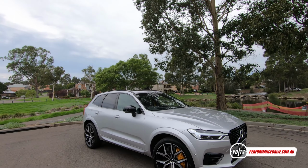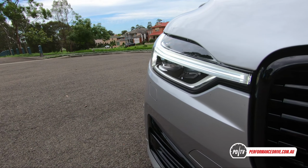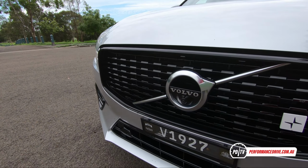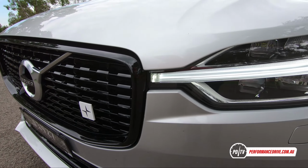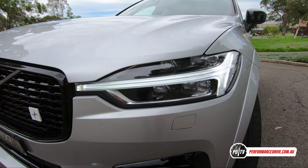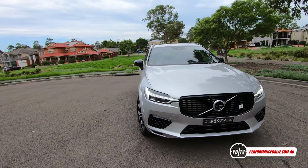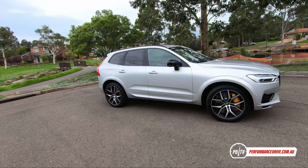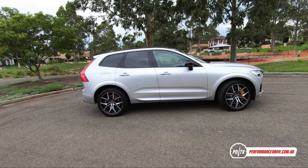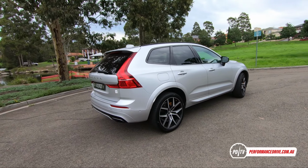Sitting at the very top of the latest XC60 lineup is the T8 Polestar engineered variant. Although it's not a hardcore performance model to rival the likes of the Alfa Romeo Stelvio QV, BMW X3M and Jaguar F-Pace SVR and the like, it does enter the market as a subtle and suave alternative for those who want a fast SUV. It's based on the otherwise flagship T8R design, except it comes with a range of Polestar